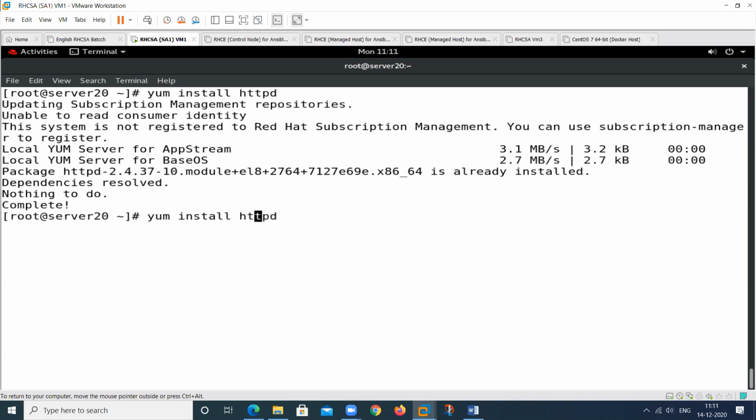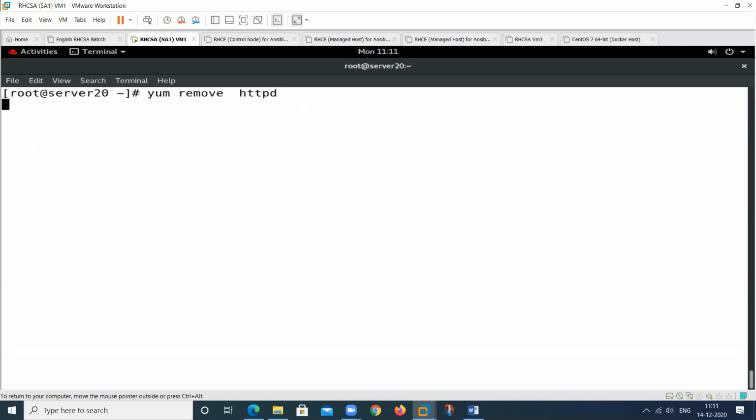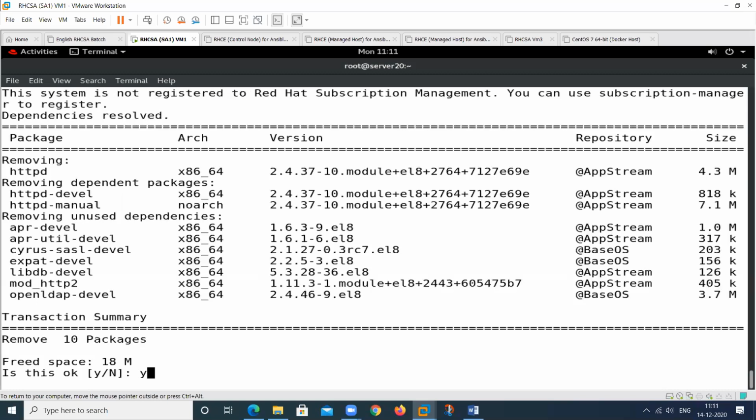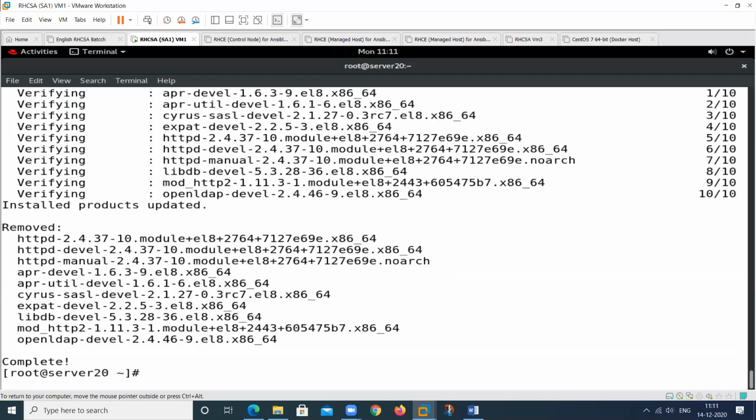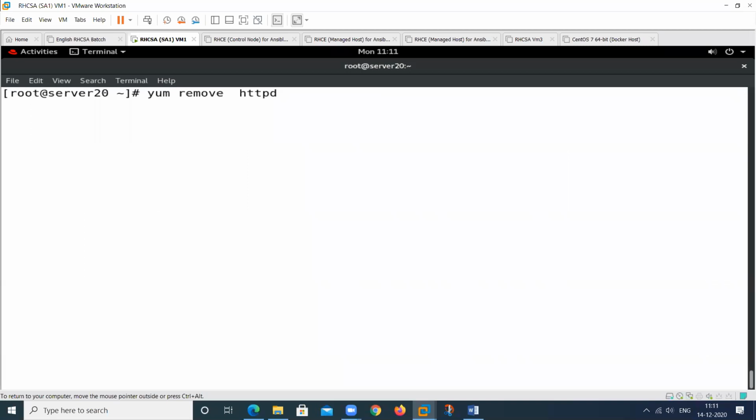So first we'll remove this particular package, then I will start. Remove this one. Now check. At this time, do we have any service or not? Status, that is related to httpd. See, at this time this shows me a message,